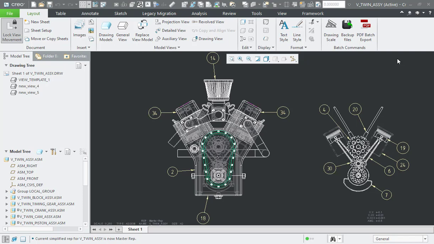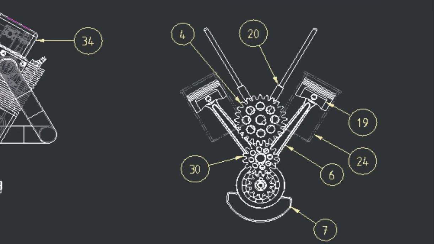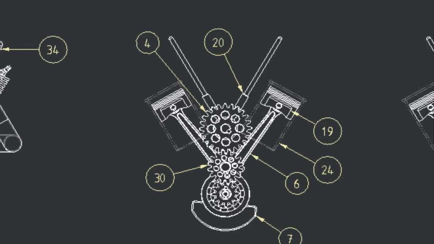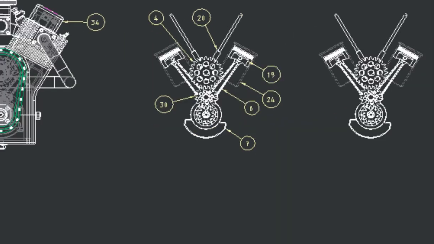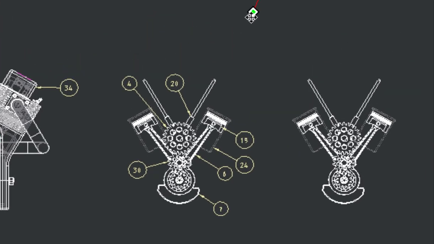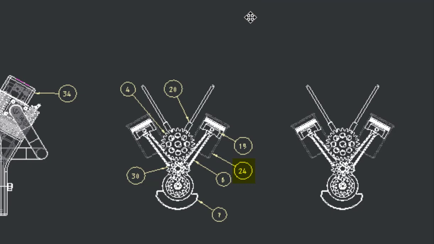Now let's dive into the example model to see when the layer can be a better option and how we can make use of it. In this engine assembly drawing, consider this instance as shown in this view, where you have to pull the details of all moving parts in a view, also assuming that you need to show the engine cylinder sleeve along with the piston in the phantom display state.